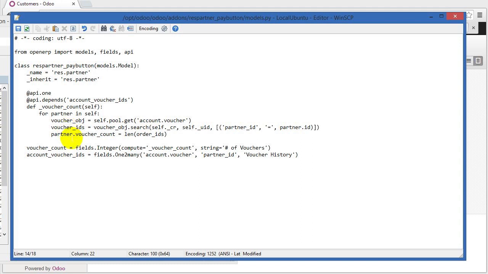Then this is Odoo 8. One of the nice things about the Odoo 8 API is we can assign this functional field by just saying partner.voucher_count equals the length of those order IDs. So that's going to update this voucher count, which any place that displays it, it's going to display it accurately. So we're going to save this,